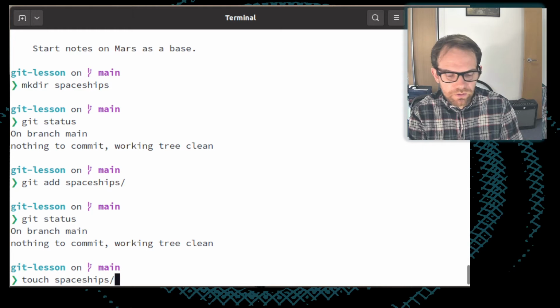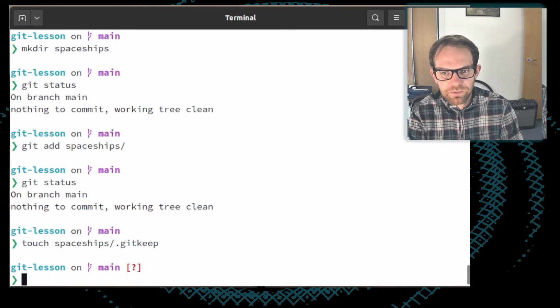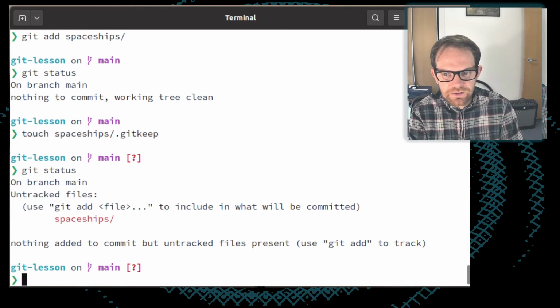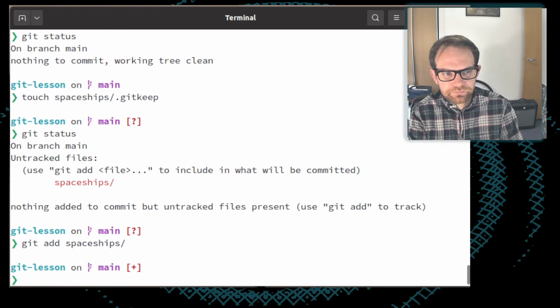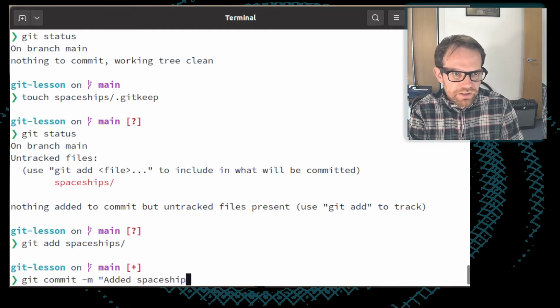So I can just run touch to make an empty file of spaceships/.gitkeep. Now you can see that git status tells us that there is this empty directory which we need to add. And you can run git add spaceships directory.